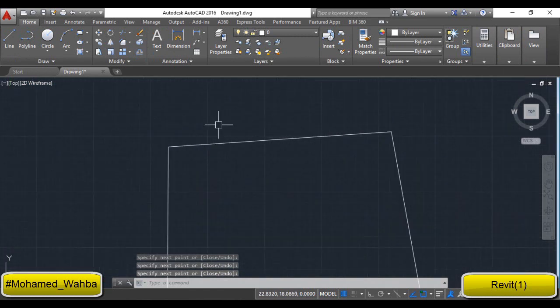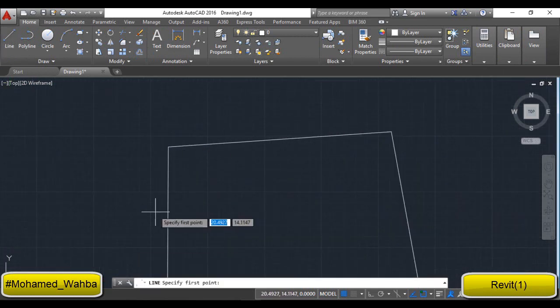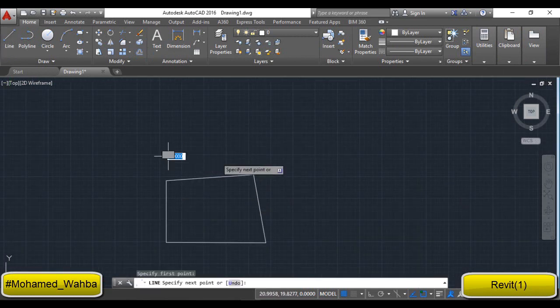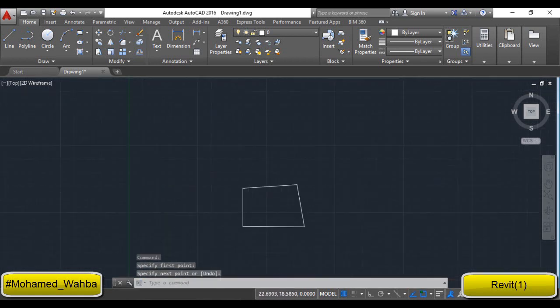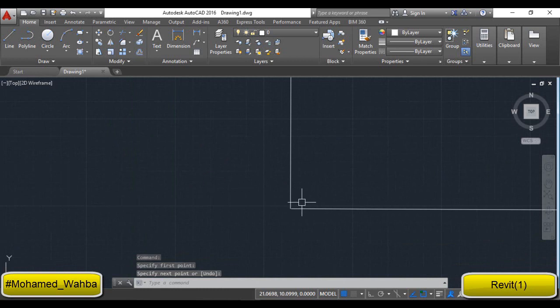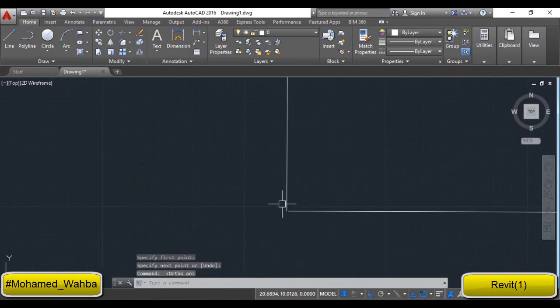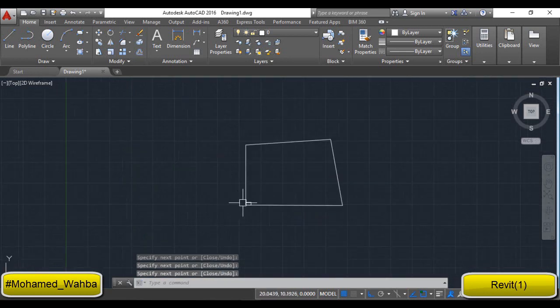I can use the same command to draw the dimensions of a column, when I draw a column here in my structure, and I can use the same command to draw a foundation of this structure. And